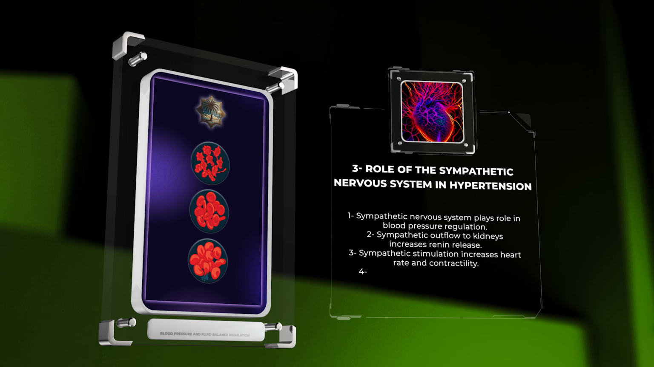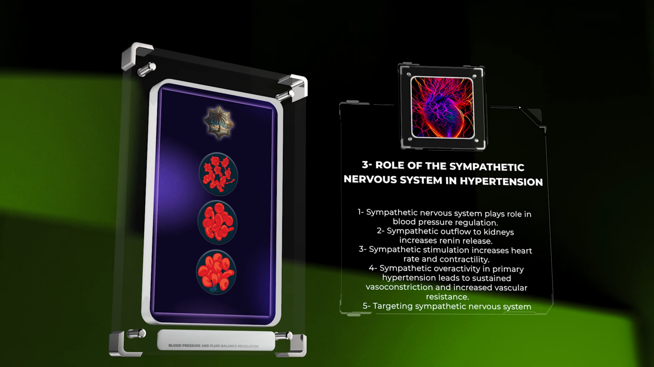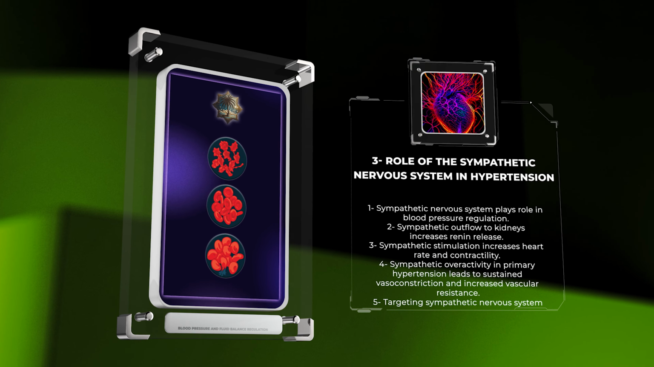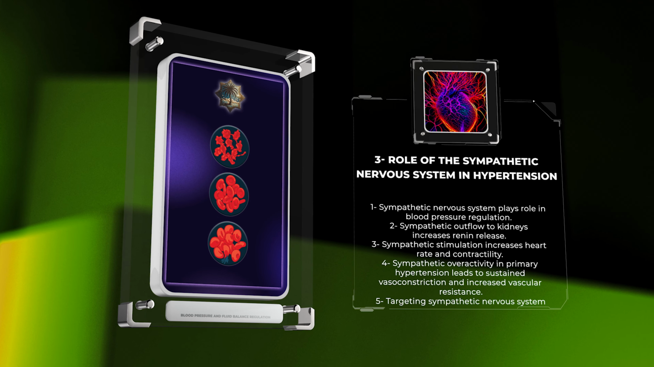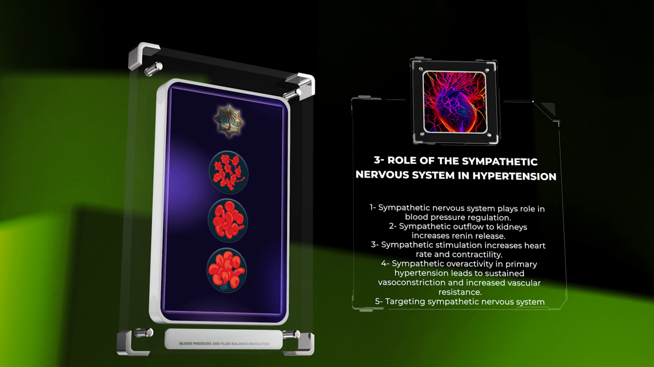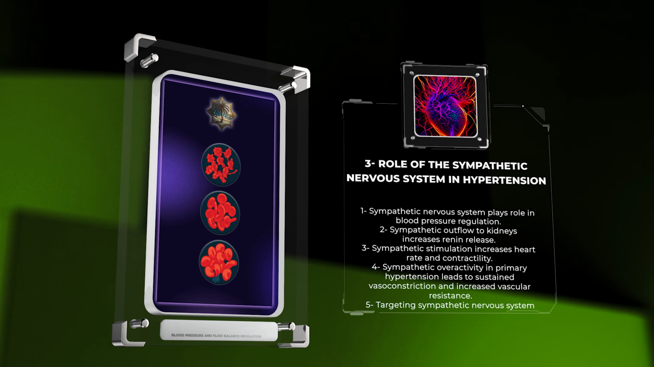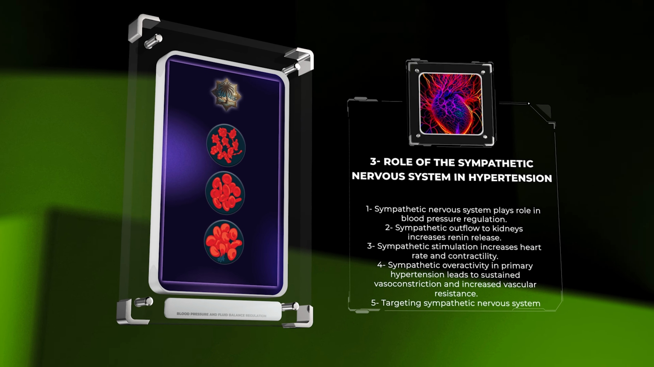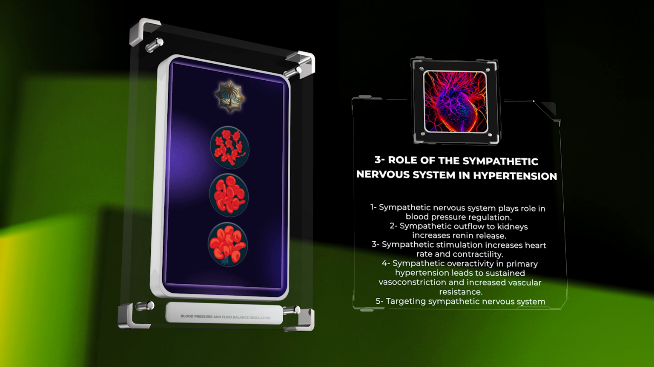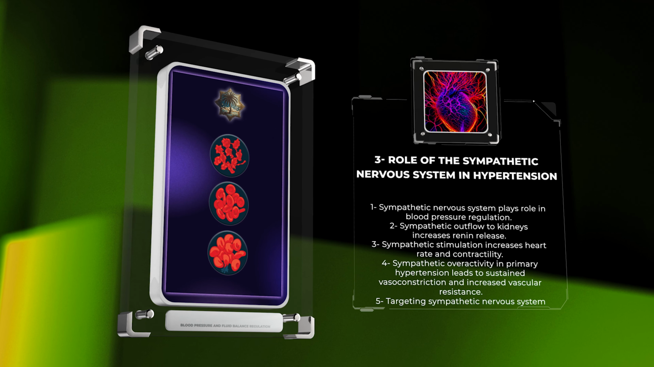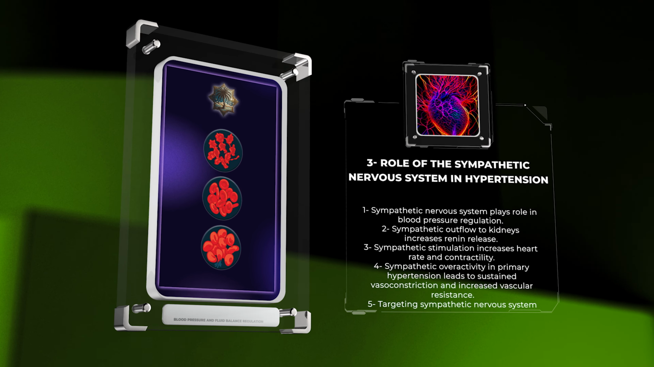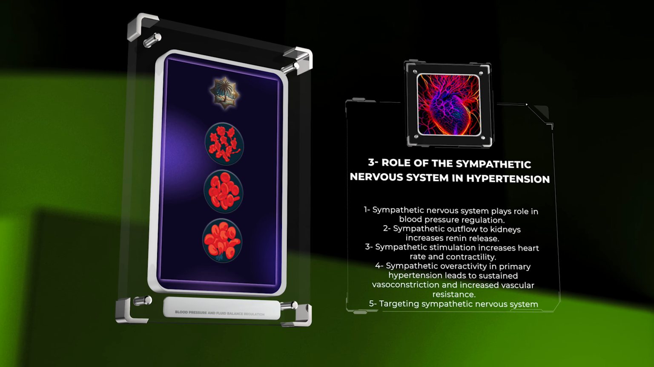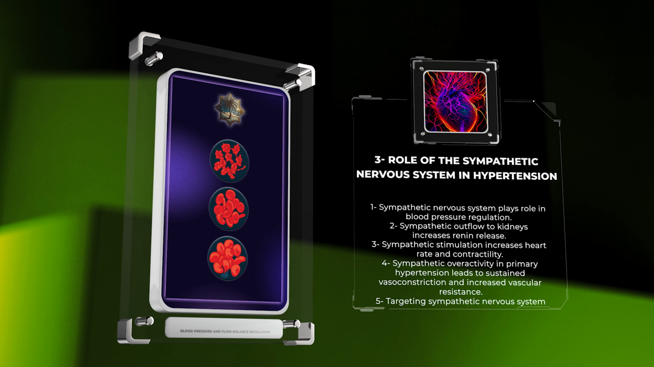The sympathetic nervous system, SNS, plays a significant role in blood pressure regulation. Sympathetic outflow to the kidneys increases renin release, leading to the elevation of angiotensin II levels and subsequent vasoconstriction. Moreover, sympathetic stimulation contributes to increased heart rate and contractility, which further elevate blood pressure. In conditions where sympathetic overactivity persists, such as in primary hypertension, dysregulation of the sympathetic nervous system leads to sustained vasoconstriction and increased systemic vascular resistance. Targeting the sympathetic nervous system through pharmacological interventions or the utilization of neuromodulatory techniques can be effective in managing hypertension